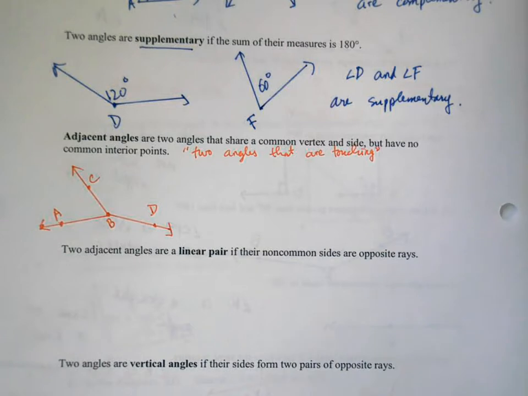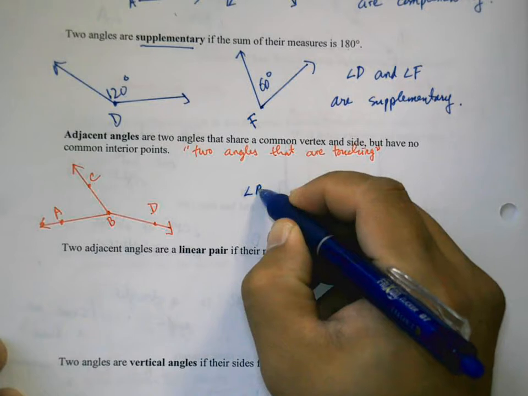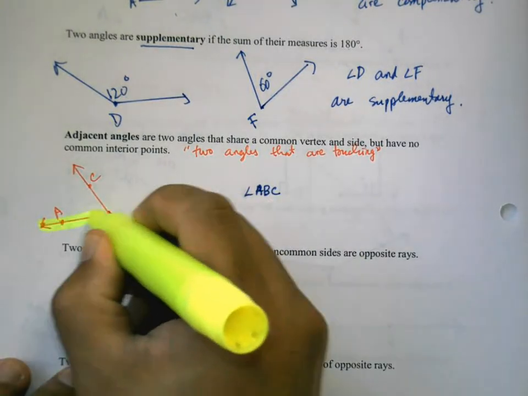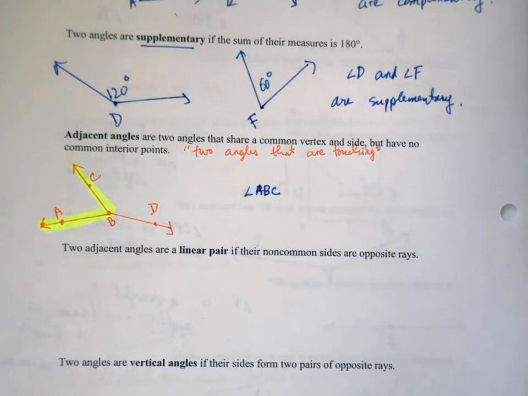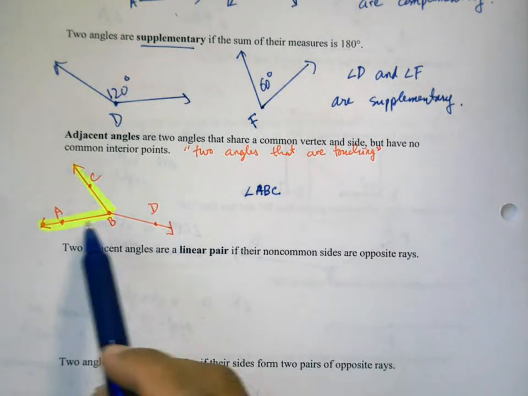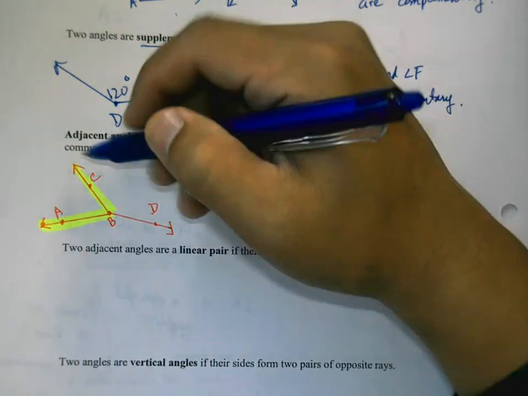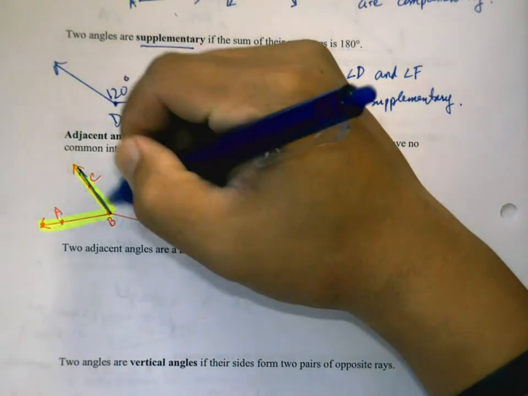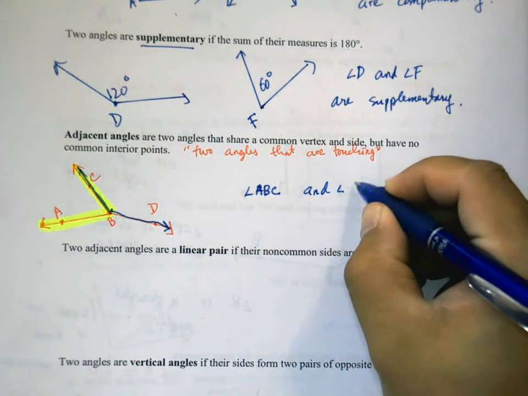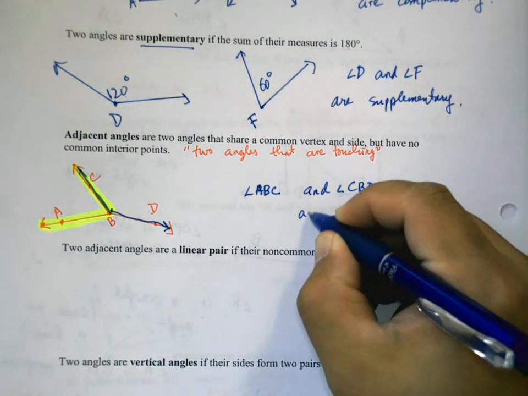So in this case, we have a bunch of different angles, but let's look at angle ABC. And again, we have to use three different letters for this. Two letters, or one vertex alone, will not suffice. So here is angle ABC. And if you look at angle CBD, so CBD is this one, I'm going to use kind of a blue highlight here. So we can say that angle ABC and angle CBD are adjacent